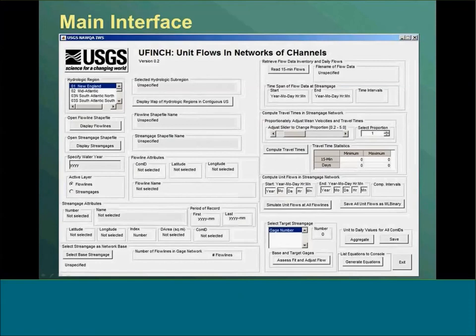In this area, you would read 15-minute flow values. If a flow value file did not exist on your system, UFinch would go out and retrieve an inventory of daily values at the station that you selected for the base gauge. It would then interpolate that to unit values. Unit is 15-minute values. That particular time increment was chosen because flow lines and velocities in NHD medium resolution usually accommodate at least one time step in that interval.